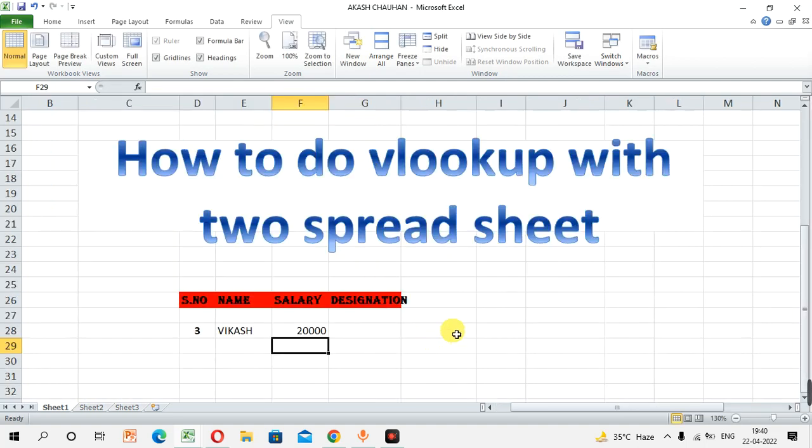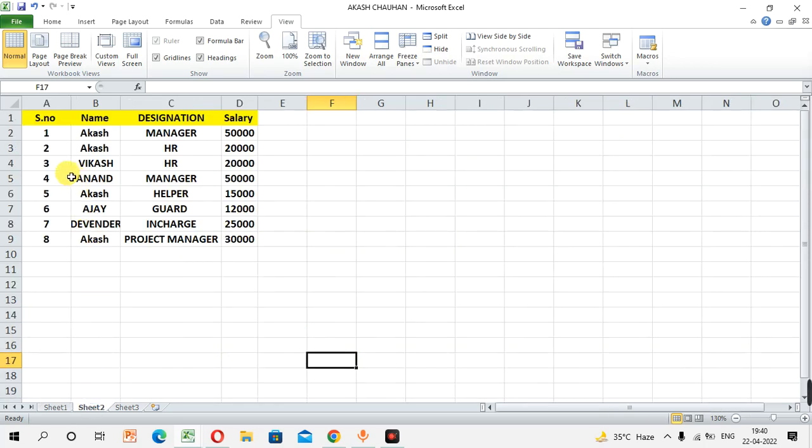And as you can see, it takes you back to the page where we are using the VLOOKUP value, and you can see Vikas's salary is 20,000 rupees and its serial number is 3. Let me confirm here. So 3 with 3 in serial number, his name is Vikas, employee name is Vikas, and